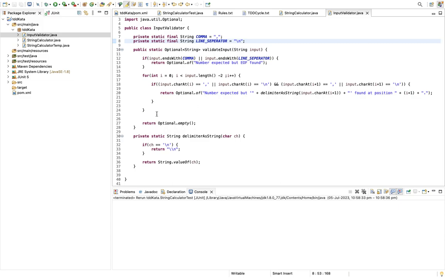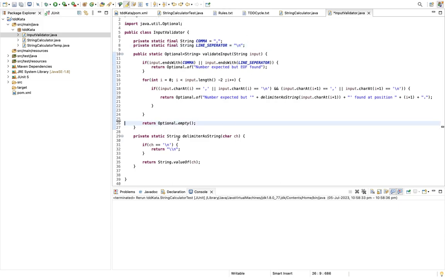It will come here. This is looking very cluttered,